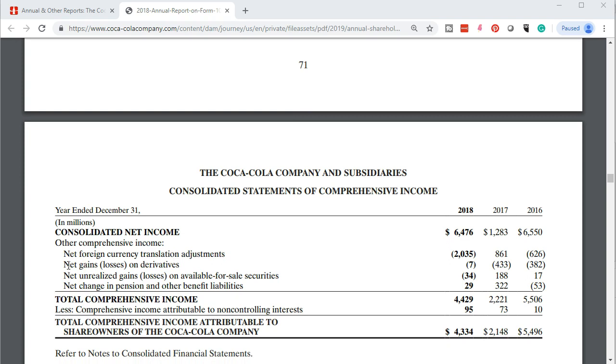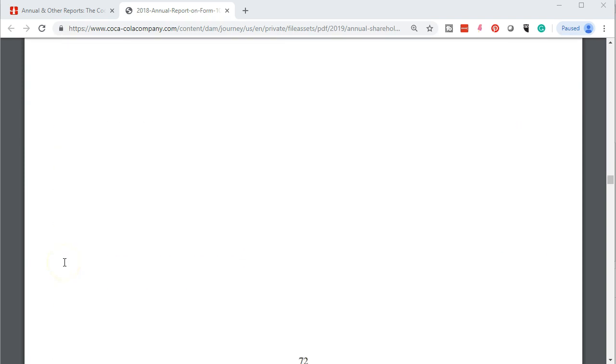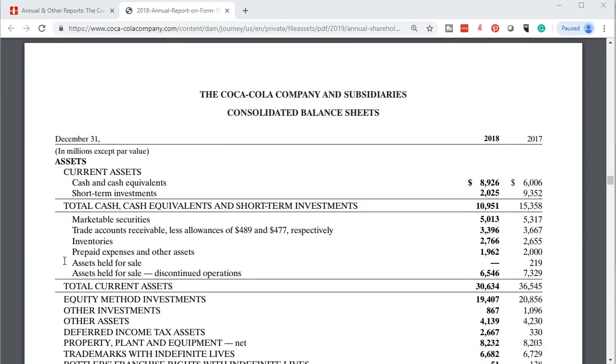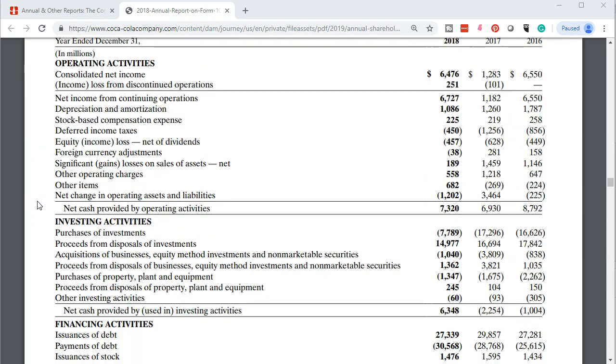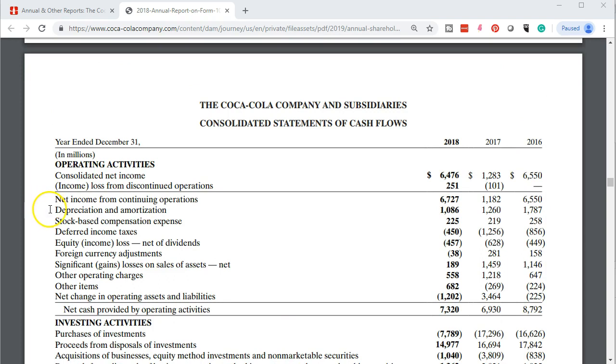Next, we're going to have the consolidated statement of comprehensive income. Then we're going to have the consolidated balance sheet. So we've got the assets, liabilities, and equity on the balance sheet. And then we're going to have our consolidated statement of cash flows. So this information